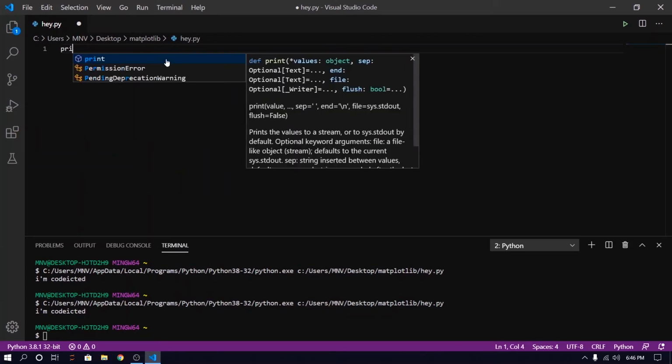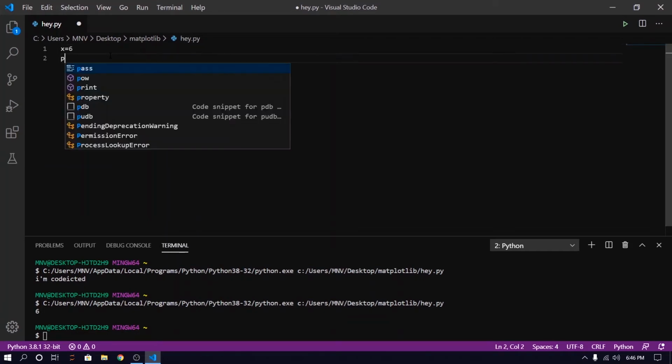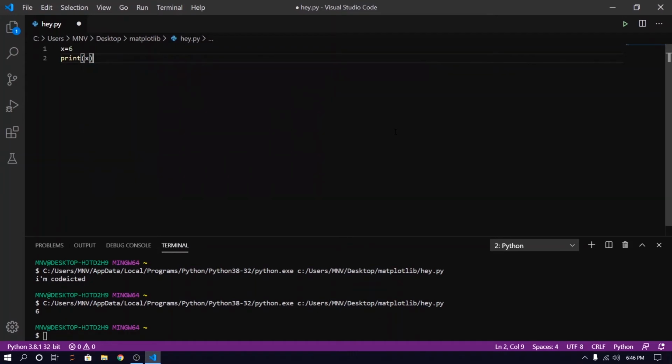Now you can see this, I can print any numerical value like this. But what if I want to store this value inside another variable? Variable is a new word for us. So what is a variable? So variable is nothing but a container. It will store our value inside a container or a variable.